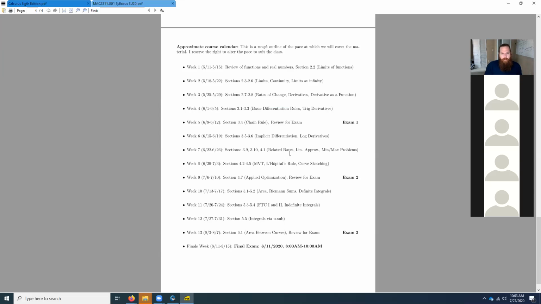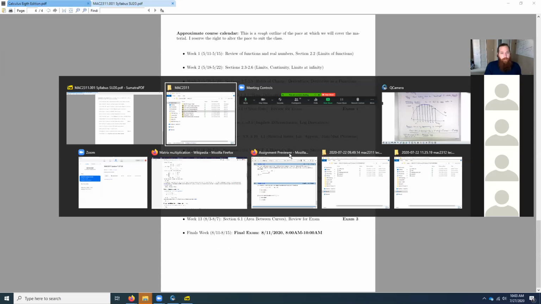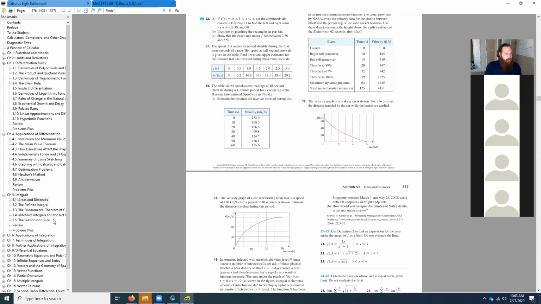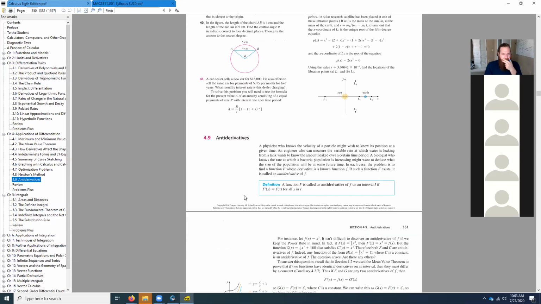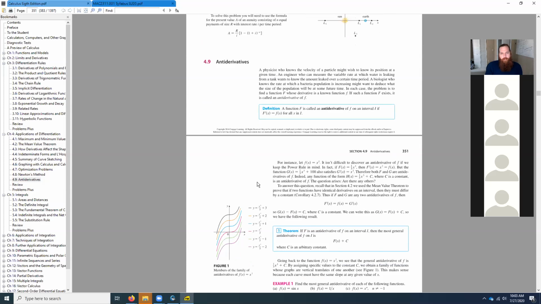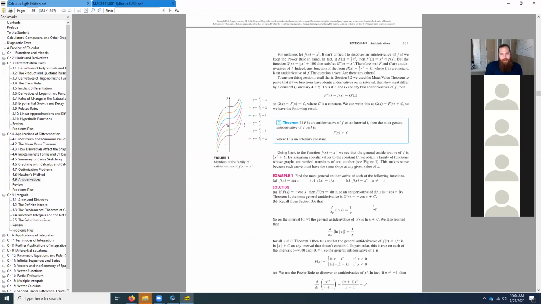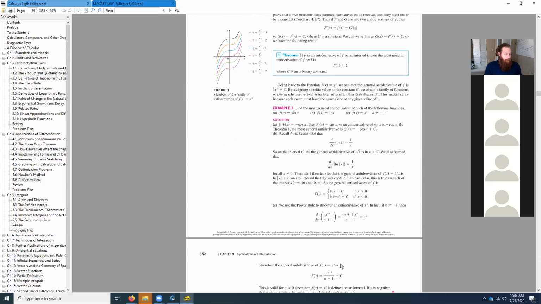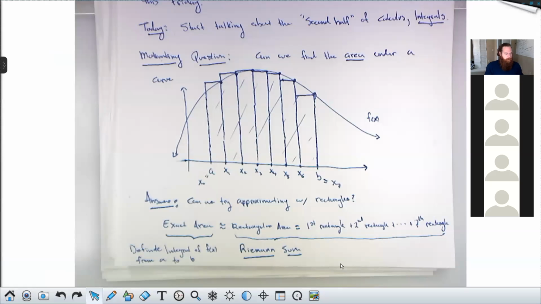So I don't have it on here. Oh, that's right, because it's not a part of our official curriculum. Okay, that's fine. So there's a section that we don't officially teach at Santa Fe that I usually like to go over that introduces the concept of an antiderivative, and it's back here. So this is going to be an important concept for us as we move forwards, but for whatever reason, when you look through Santa Fe's list of sections that we cover in Calc 1, it's not there. So I'm going to recommend, let me come back to the notes. That's right, I knew there was something weird here.